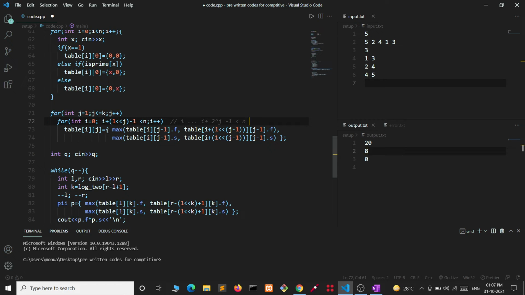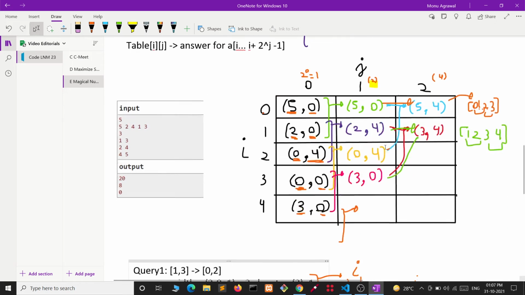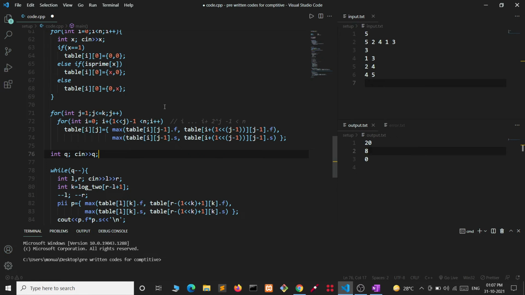After that we are doing max of the answer from the previous column in the same row, and then we are jumping from I by 2 to power j minus 1 to get the next interval.